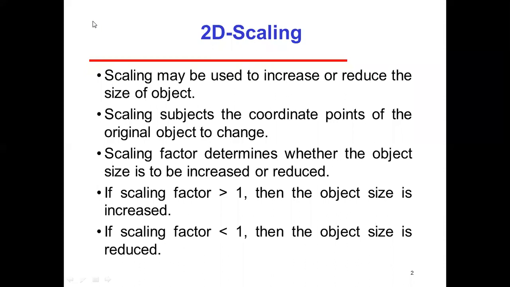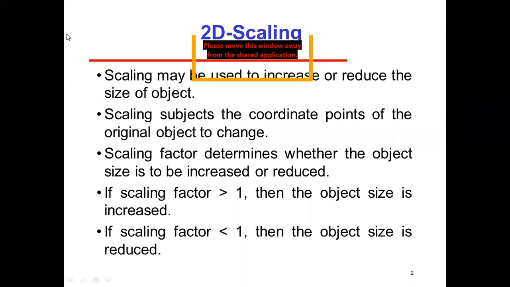So with the help of the scaling transformation, either we can enhance the size of the object or we can reduce it. One of the best examples for that is the Xerox machine. In a Xerox machine, you can see that we can either enhance the size of the object or reduce the size of the image or object. So we use the similar scaling transformation in the case of the Xerox machine.